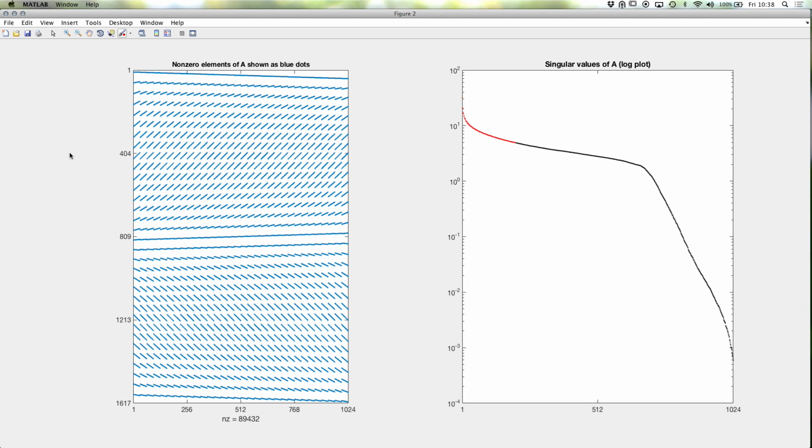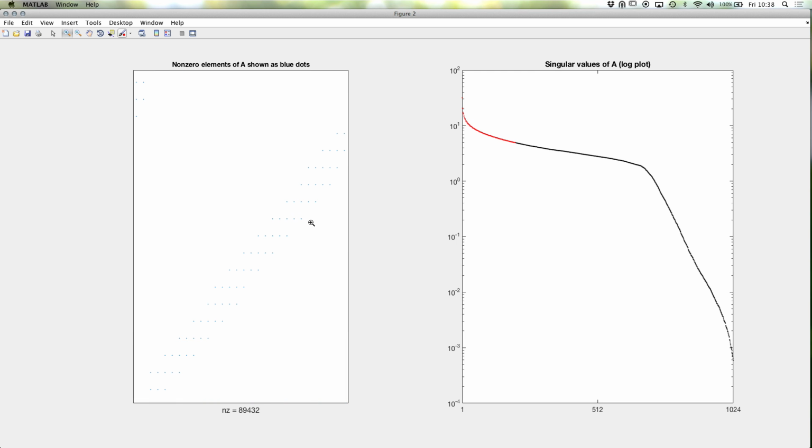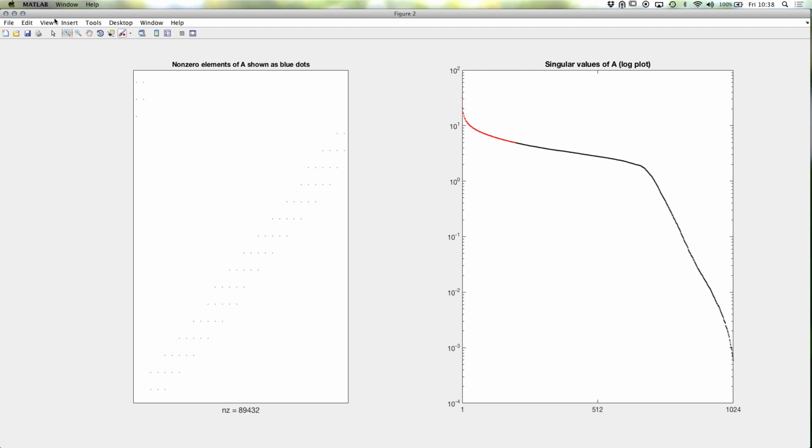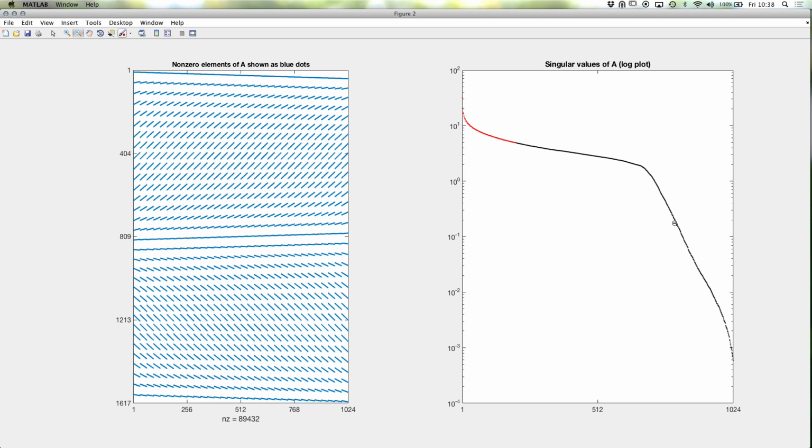So we see this is what happened. We see the non-zero elements of the matrix here. And just to remind you what we see, these blue things, they are not lines. If we zoom in and we zoom in more, they are just points showing which entries are non-zero in the matrix. But they are just so close to each other in this full view that they look like lines, but they are not lines. And then singular values, the red ones are the ones we use in the truncated SVD,